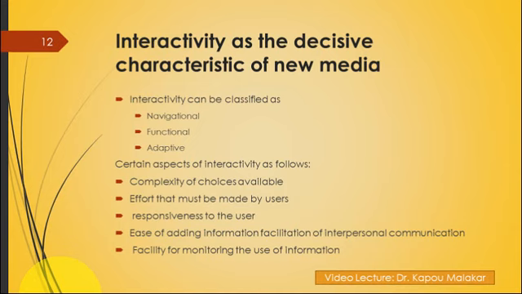We see that there are certain aspects of interactivity, and these aspects basically provide a complexity of choices available to the user. So it is because of this interactivity that users can get numerous choices available to them. Then it also leads to much effort being made by users. Then responsiveness to the users,